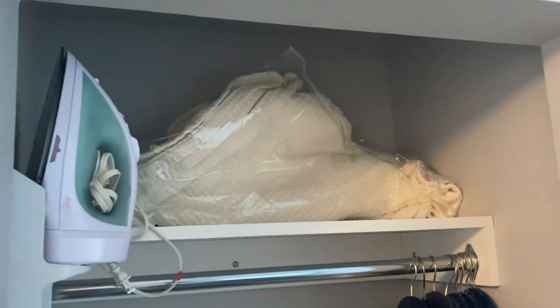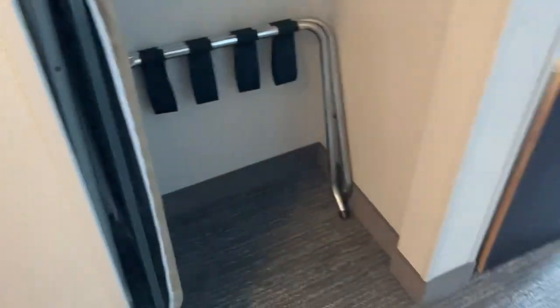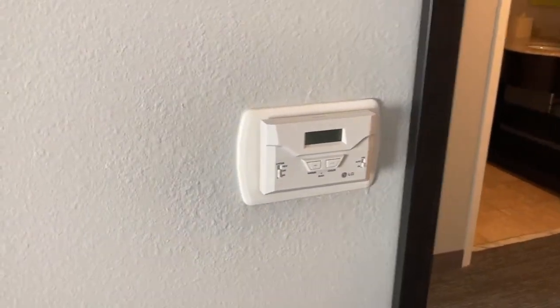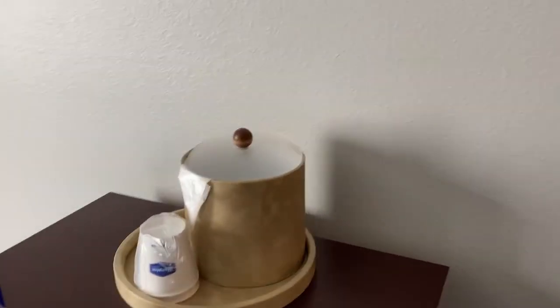Got the door. We had adjoining rooms, little closet, extra blanket, hangers, an iron board, luggage rack, full length mirror, thermostat. You don't actually do anything on that. You do it over here, so not a real thermostat. Ice bucket. This must be, yep, beverage cooler, little side table, desk. Got some art, little coffee guy,